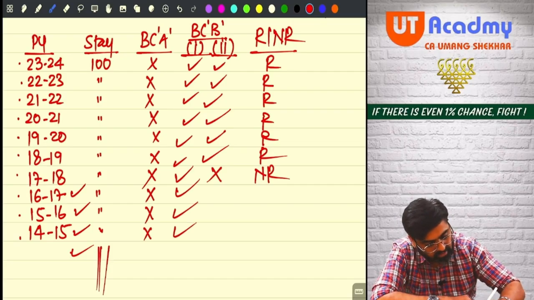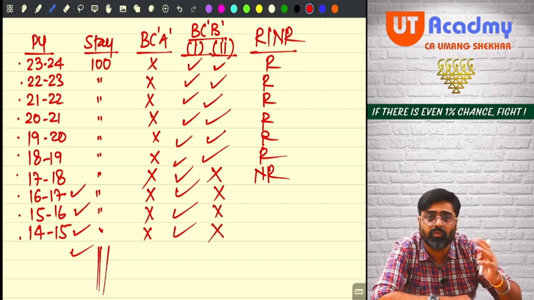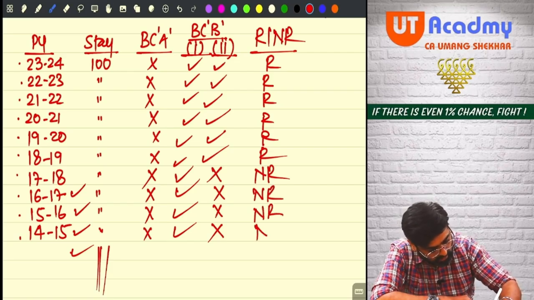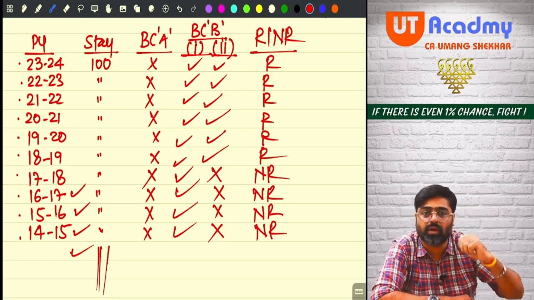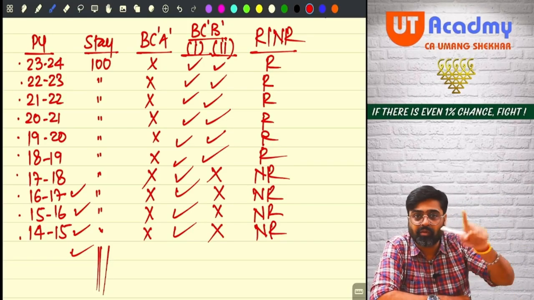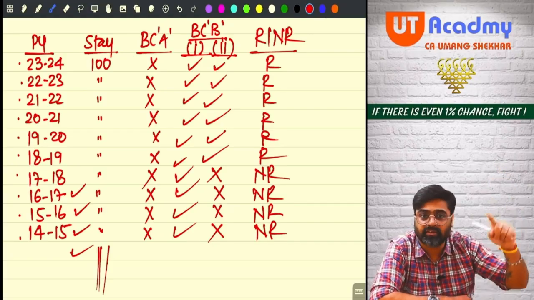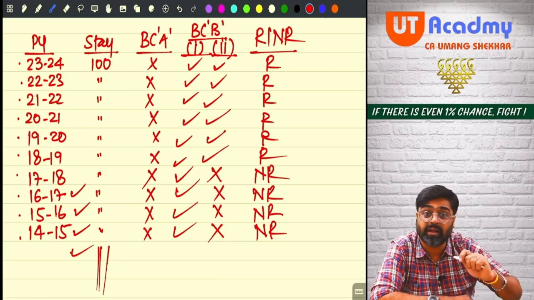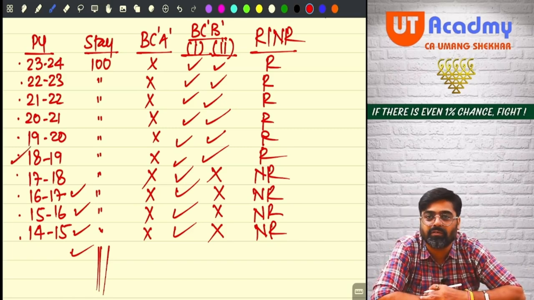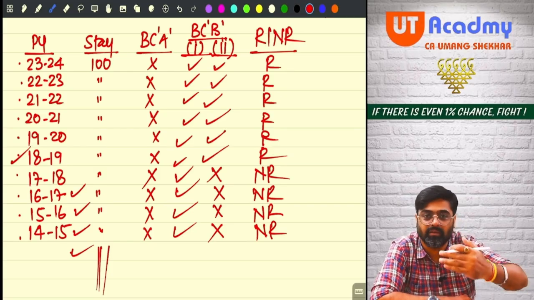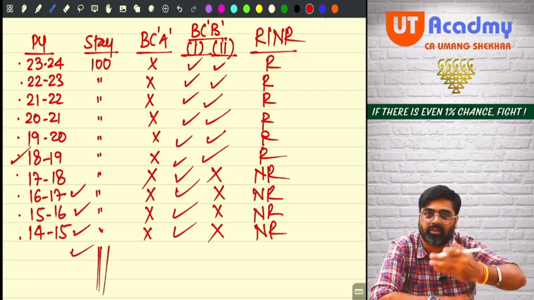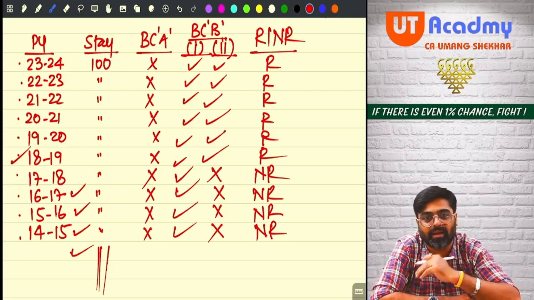This satisfied, this satisfied, but basic condition B part 2 will not be fulfilled. That means he will become a non-resident. So initially when he started to come to India, from 1415, in the year 1415 he was a non-resident. In the year 1516 he was a non-resident. In the year 1617 and 1718 he was a non-resident. He started becoming a resident from 1819 onwards. And every year now he is satisfying basic condition B. Since 1819, every year he is satisfying basic condition B, and he is becoming a resident every year.